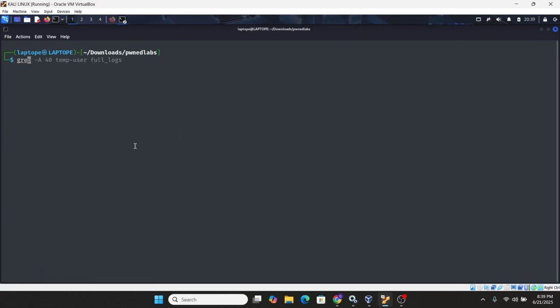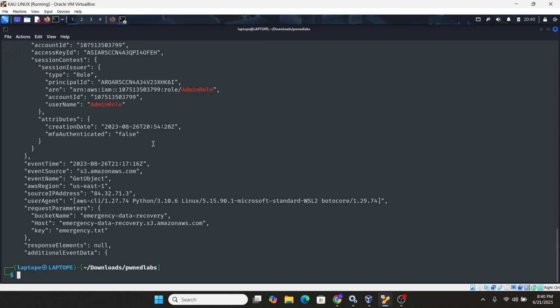So let's do grep, print out, let's say 20, admin role, anywhere it finds this name, from the file full logs. Yeah, it found the match. That's how to filter using grep.